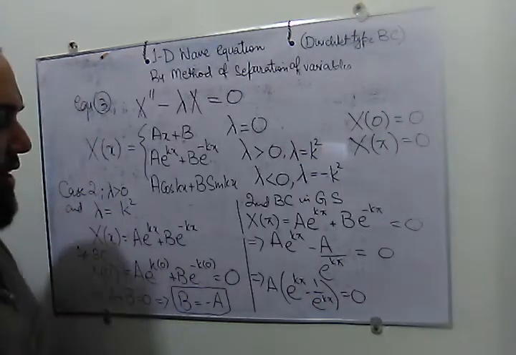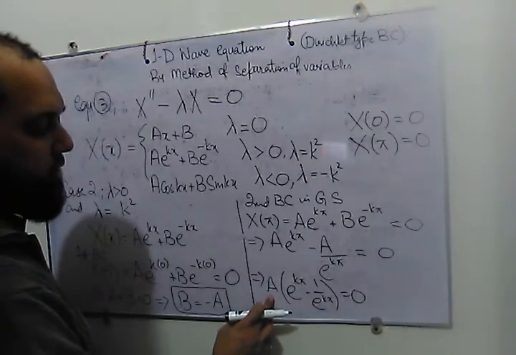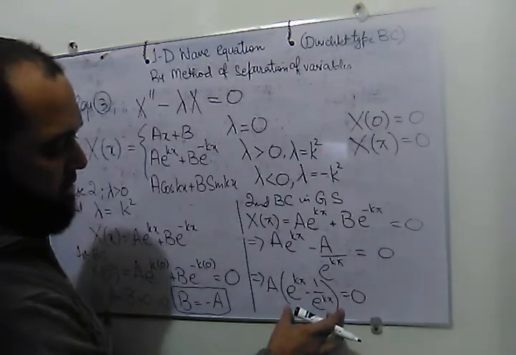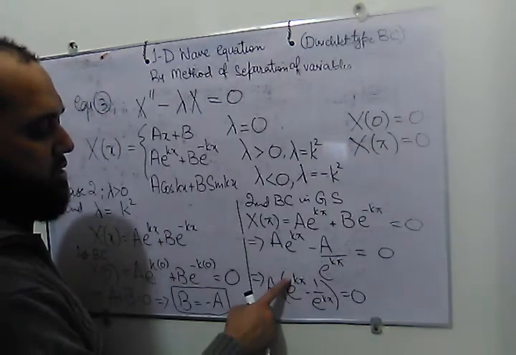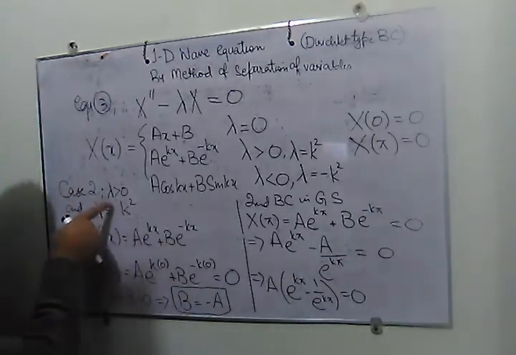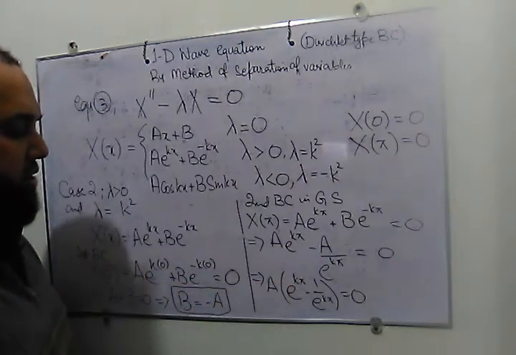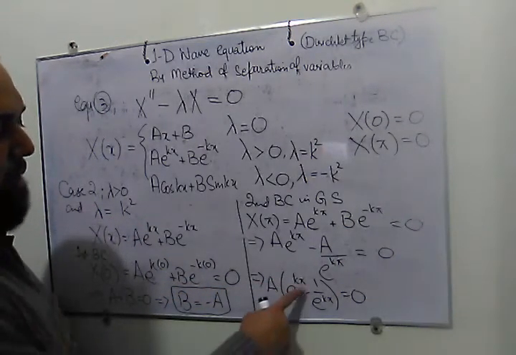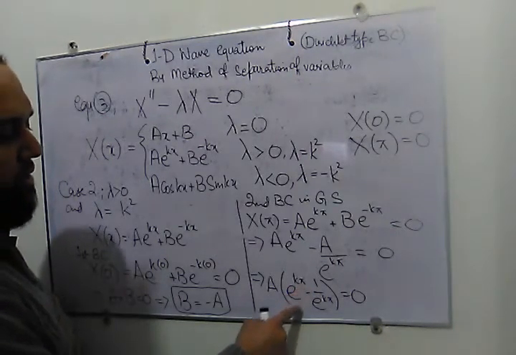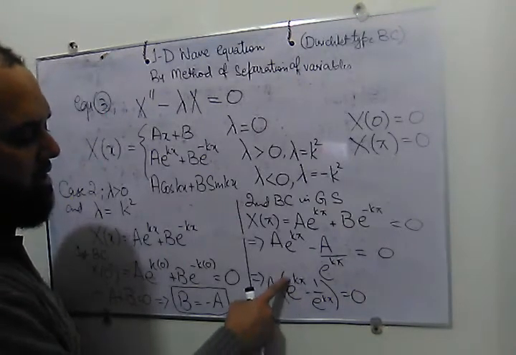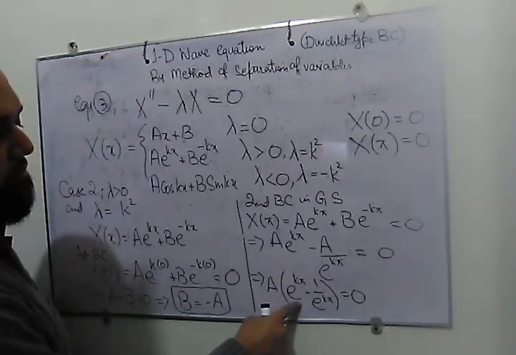Here we have a situation where the product of two members is 0, a bracket term and a. So which one would be 0? Let's see this exponential term first. We have an exponential which has a positive number in its power. k is positive because lambda greater than 0, lambda is equal to positive k square, which means that k is positive. And pi is representing the length of the string, which is a non-zero, non-negative number. So anything exponential having a positive number in its power cannot be 0.